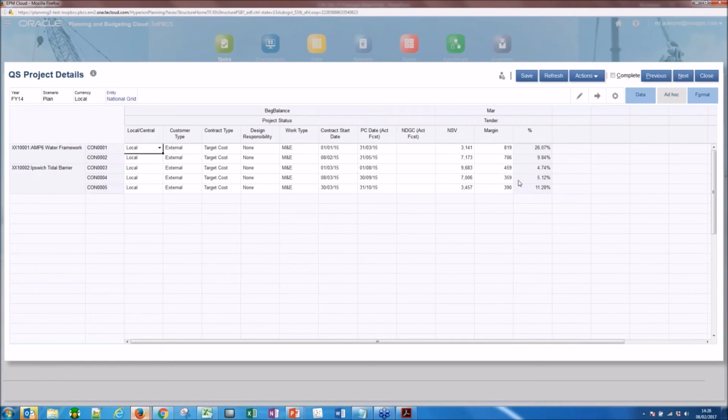So I can start to do comparison from one to the other and make sure that things are as we expected. And if they're not, I can drill down to that level of detail that we had in that previous view and figure out which month it was, for example, where we lost all the margin on a project. Are there any patterns developing across multiple projects at the same time or multiple streams? Maybe that's something that can be alleviated if we resourced better globally as a company. So lots of different ways by which we can cut this data up and analyze it. The point is, whatever your spreadsheet is right now, we can move that into this solution that we have here